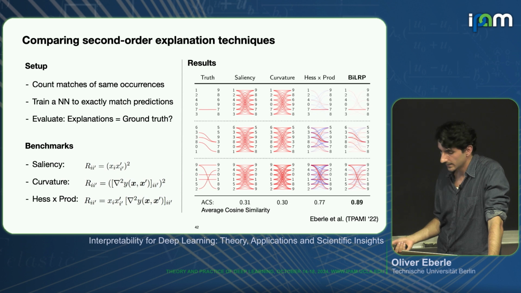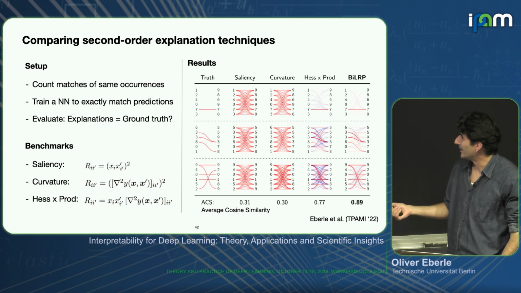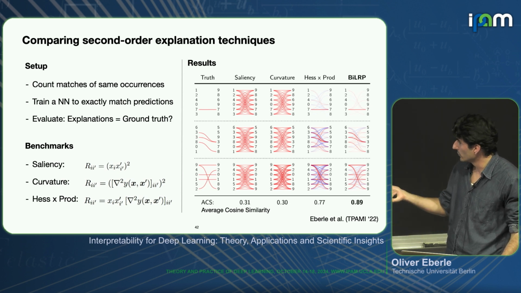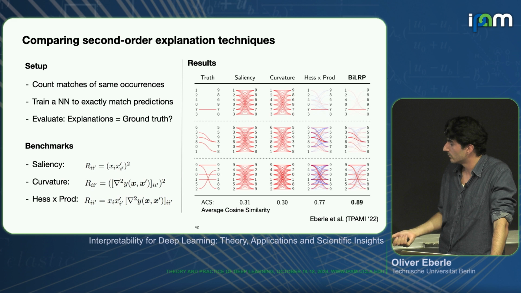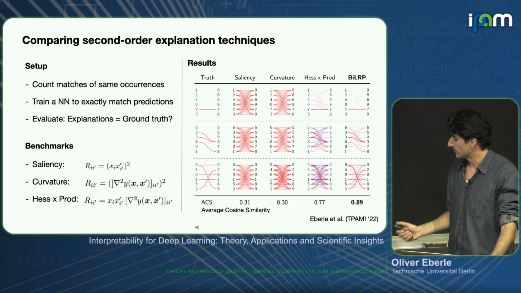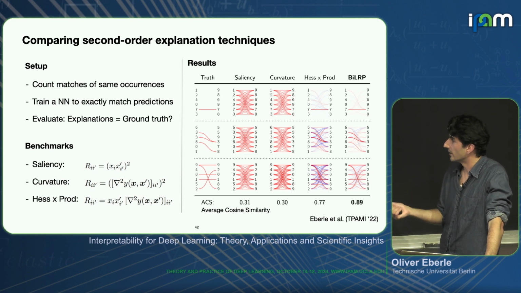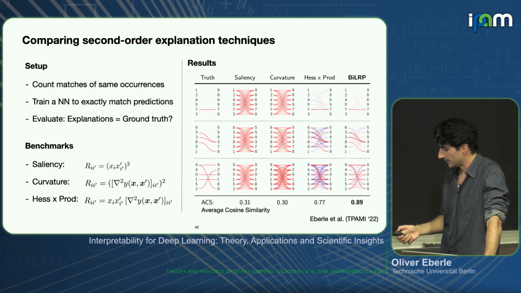And yeah, I'll make the story short: this approach that we propose is the only one that actually gives you something that matches closely to the ground truth. If you do these gradient computations in a naive way, you again have a lot of noise in your interactions. So again, it's a bit difficult to build any insights on these things. So yeah, I think the take home is, again, you need to do this carefully.